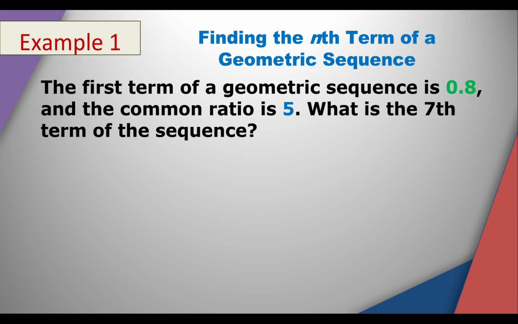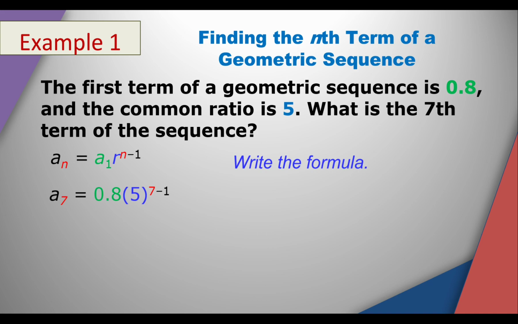What is the very first thing that we're going to do? We always have to write the formula, which is a sub n is equal to a sub 1 times r, which is raised to the difference of n and 1. That is the formula. Next, we have to substitute whatever is given to that formula. We have,